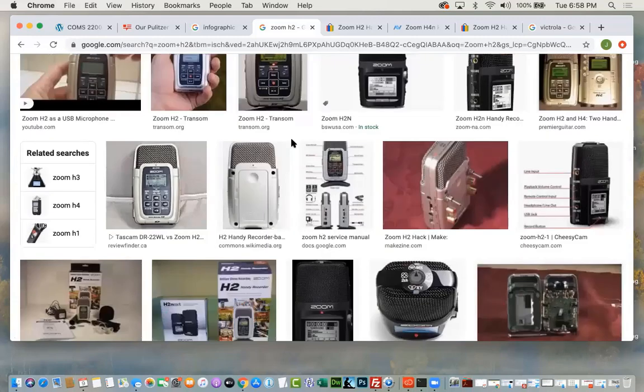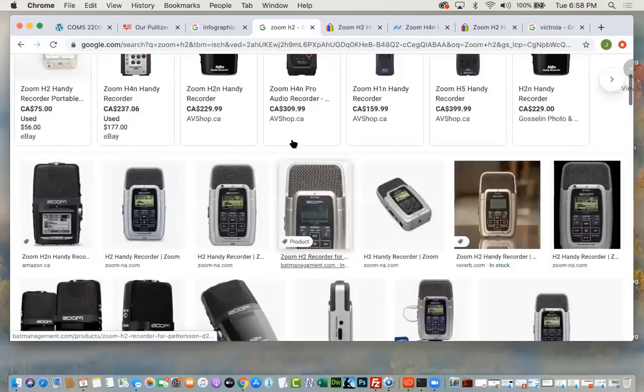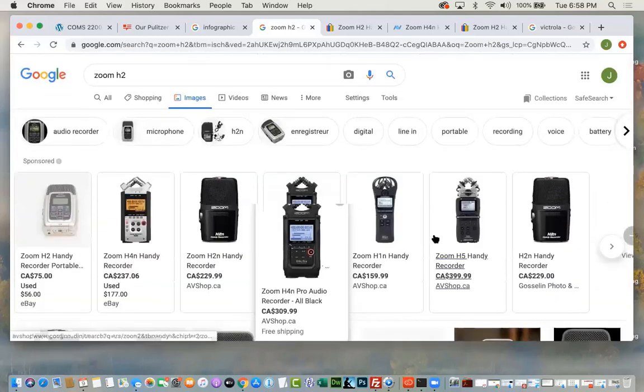So the lesson here is, if you need to use one of these things, learn how to use it before you get to the gig. But I've used them lots of times. They even have line ins and you can do all kinds of different stuff. So it's very cool. Any other questions about any of this? Does this make sense to you guys so far? Or have I lost you? So far, so good.